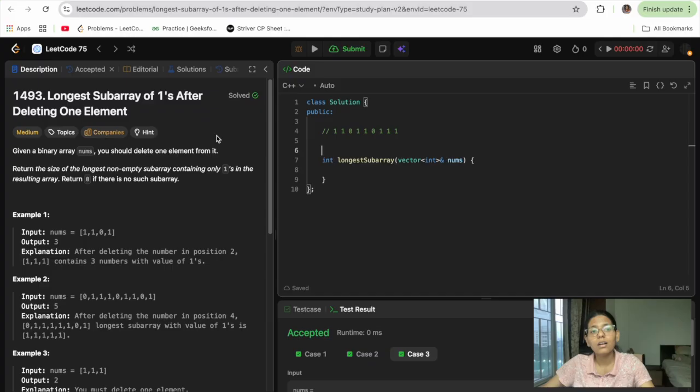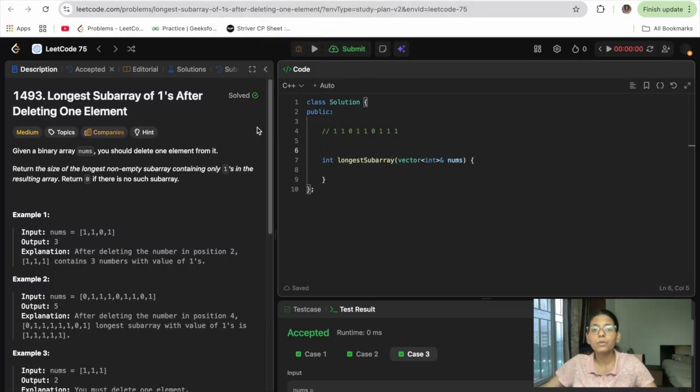So you are getting the relation. There we were flipping k zeros, but now we are just deleting 1 zero and we are taking the whole length, I mean whole length minus 1, because we deleted 1 zero. Now the length is reduced by 1. So that exact code can work here.